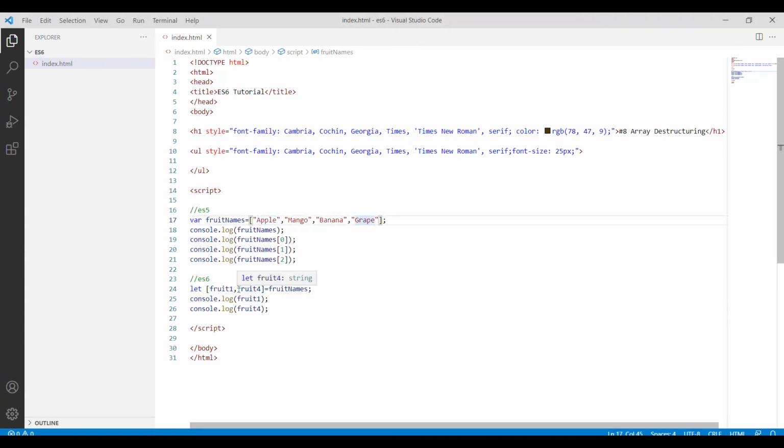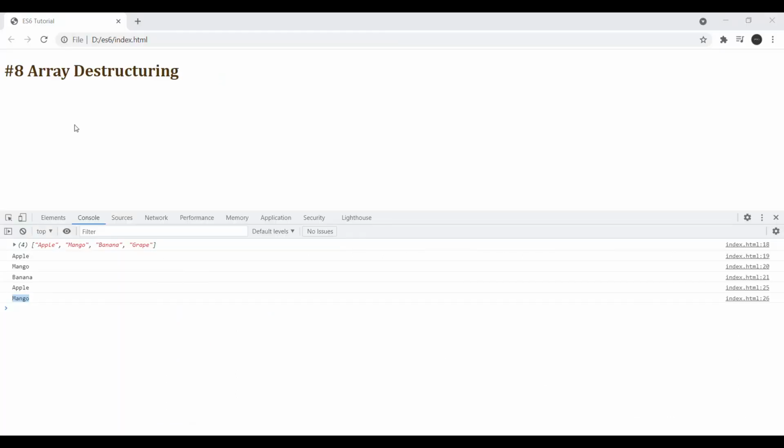So I will tell it to just skip mango and banana. Let's check what this does. Again I will refresh here. See, apple and grape. So this is printed correctly, the first position and the fourth position.